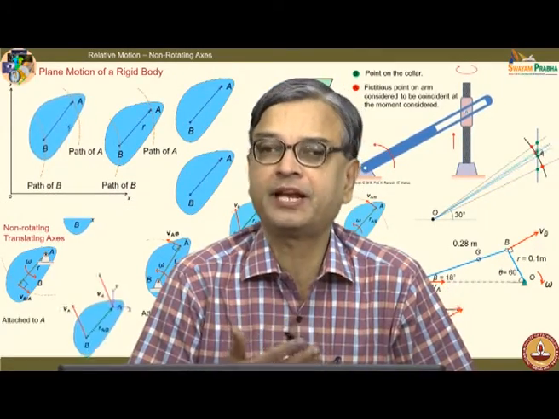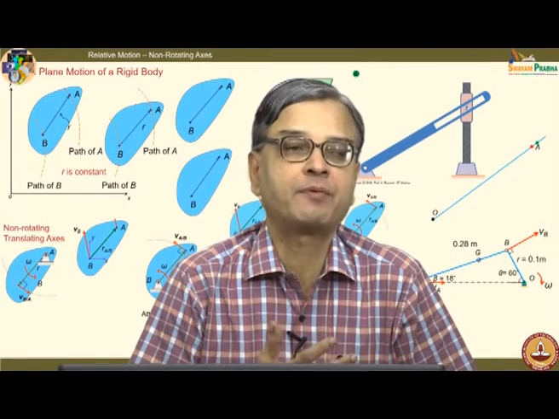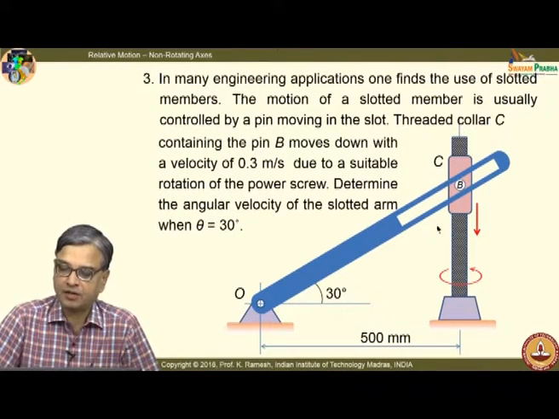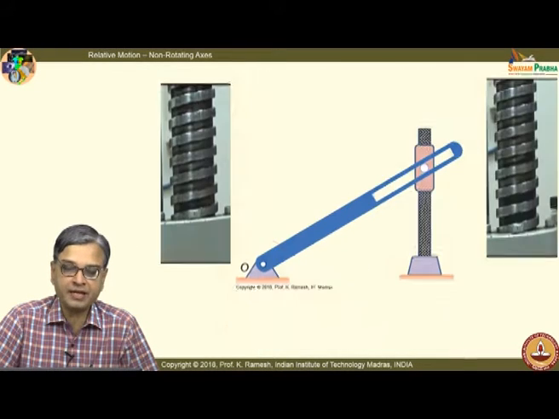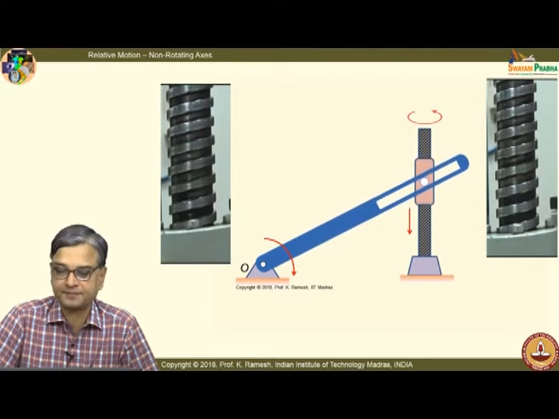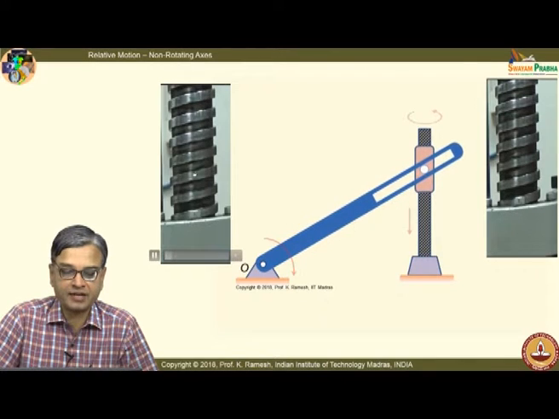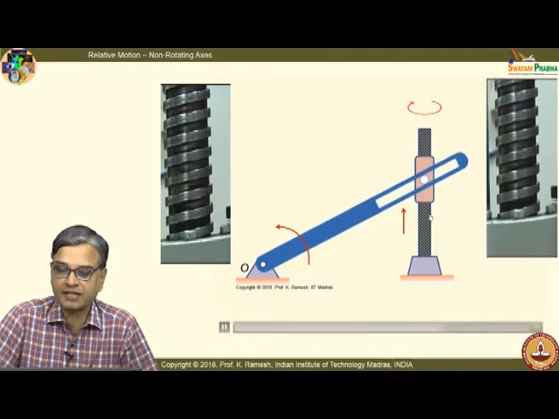They could be solved from relative motion analysis. They could also be solved by fixing a rotating frame of reference, which we will see later. Now we have to understand what happens when these relative motions take place. We also have a very powerful method of approach, where we bring in what is known as coincident points. This shows a power screw which rotates in one direction and comes down, and rotating in another direction, it moves up.